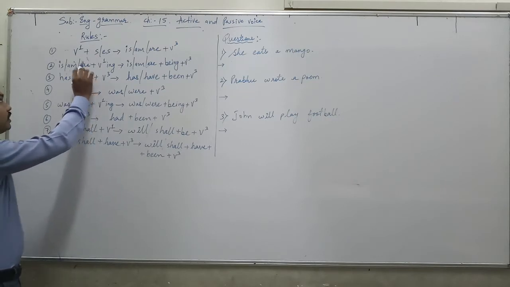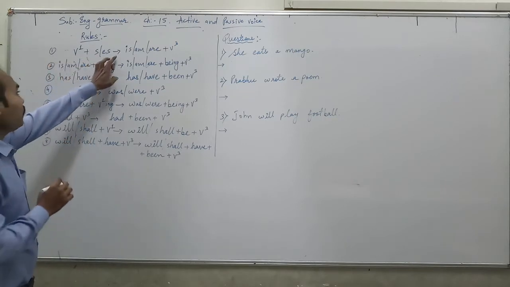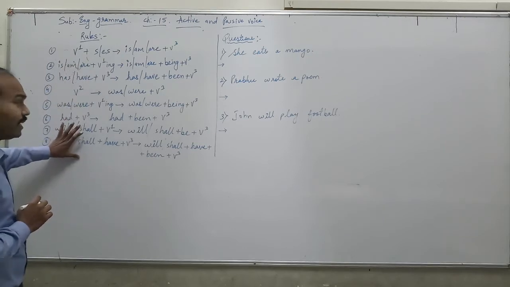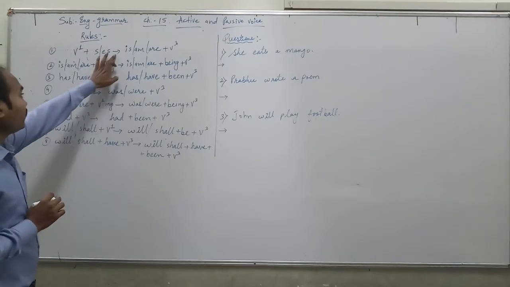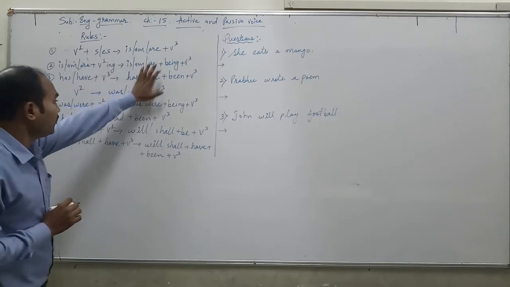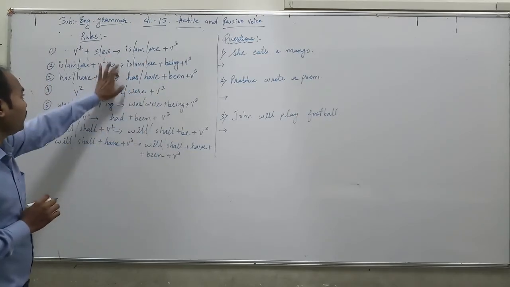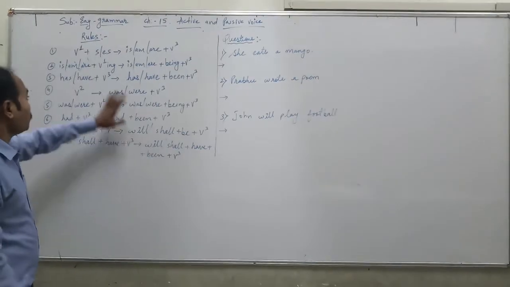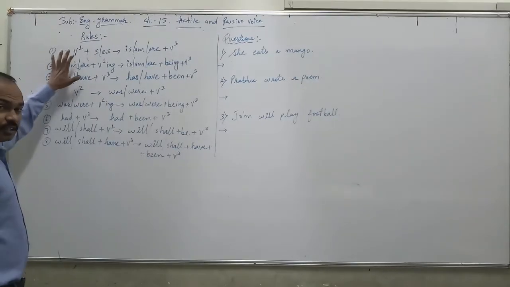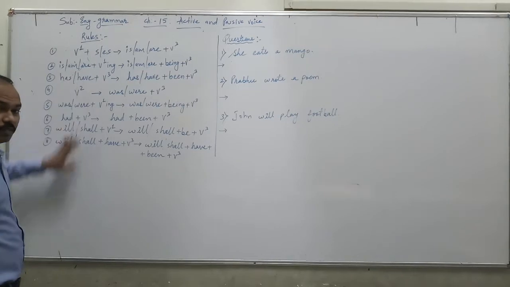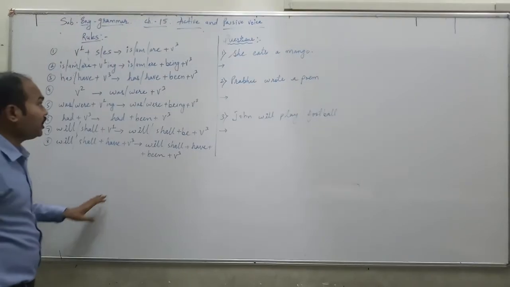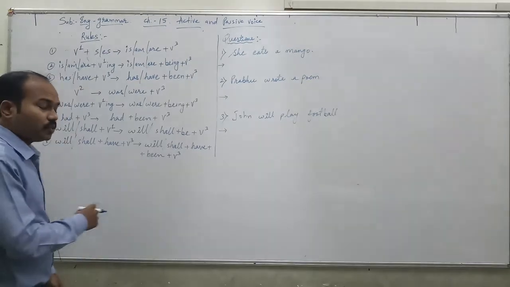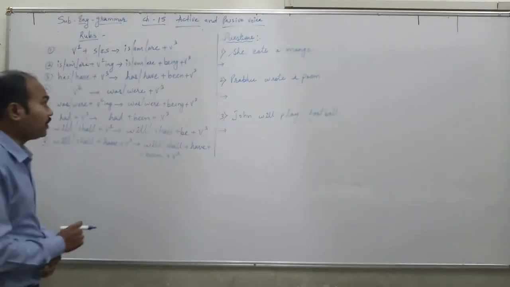First, before the arrow mark, all these are in active voice, and after the arrow mark, on the right hand side, all these are in passive voice. So you are going to have questions in the active voice format, which you have to change into the passive voice format. So we will see the rules one by one.